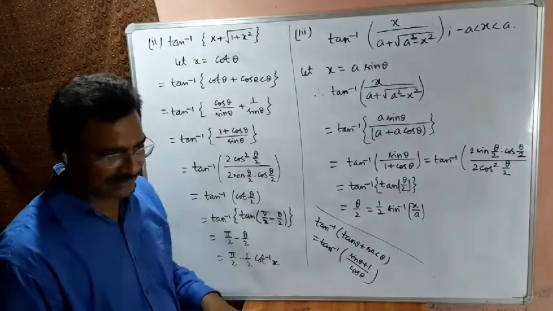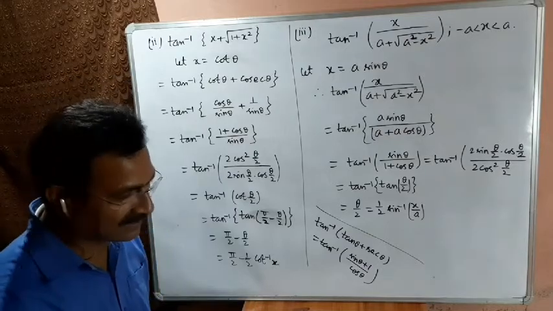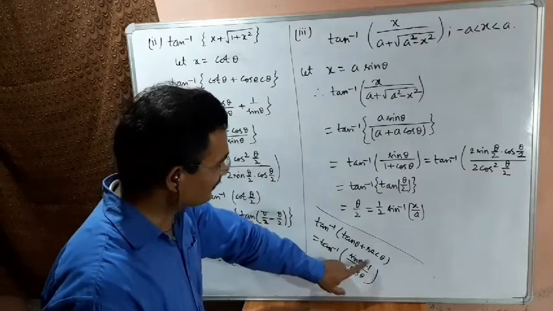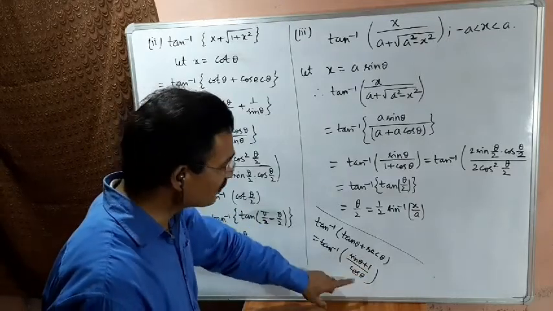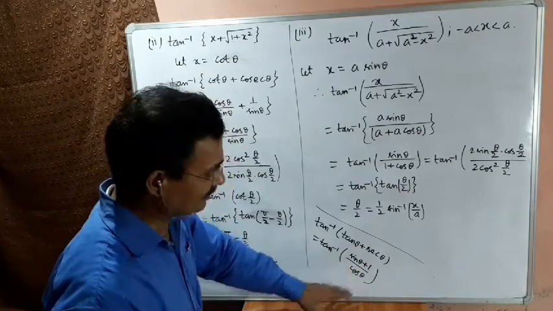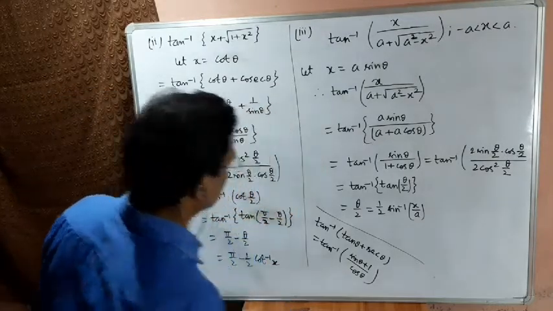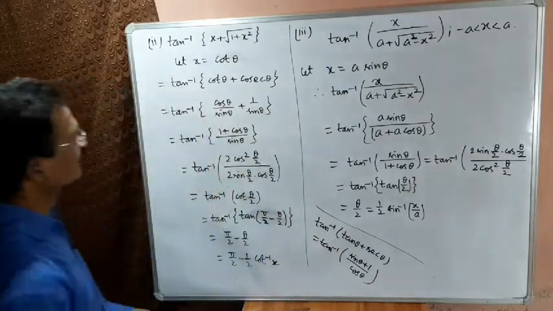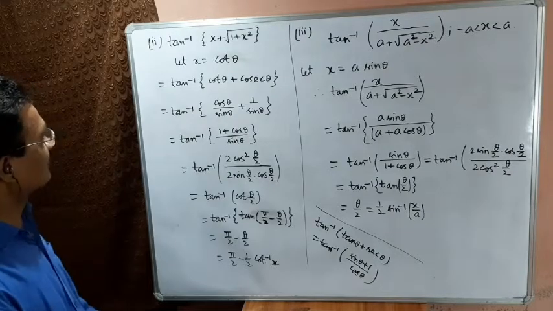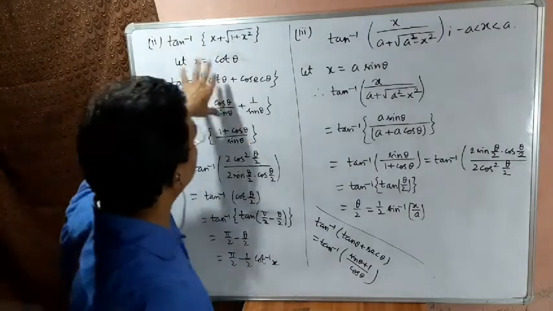I am not saying that this cannot be done by taking x equals tan theta. This can be done, but you are understanding what I am telling. This can be reduced in the form of tan, but not simply. This will be complicated, therefore I avoided it. Actually, we should perform smart work, simple work. Okay, this is clear.